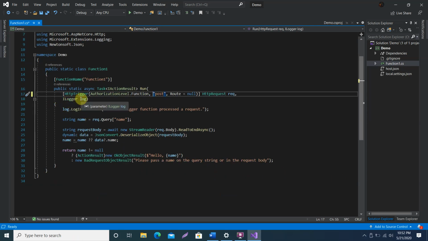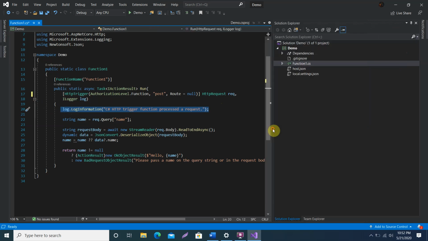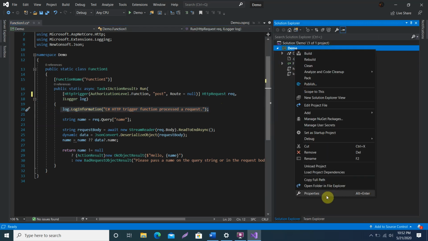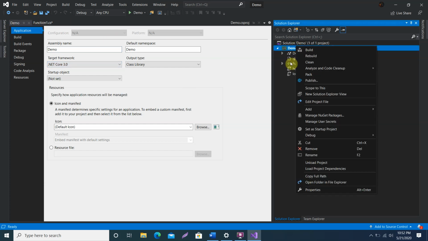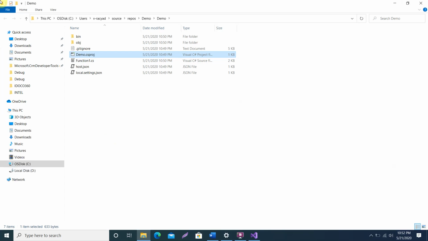Now you can go to the logger. The logger you will use to write the logs into your Azure function. When you deploy, this will be the log that will appear on your Azure side. And if you go to the properties of it, you can choose .NET Core 3.0, or I can choose .NET Core 2.0, because this function got created in the v2 version.